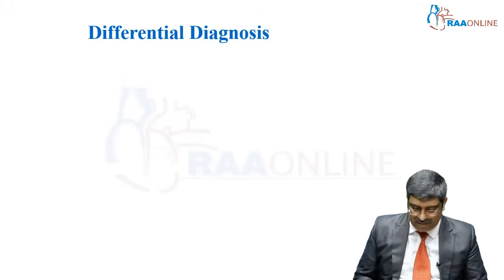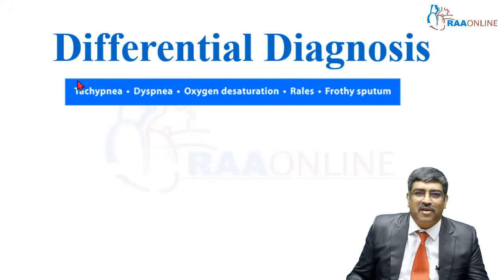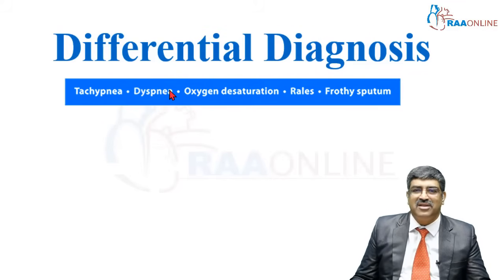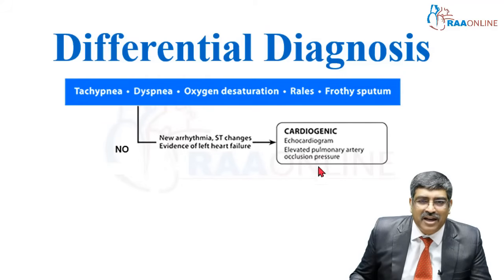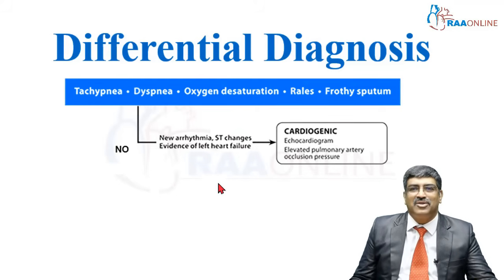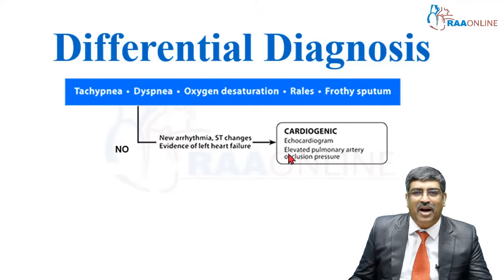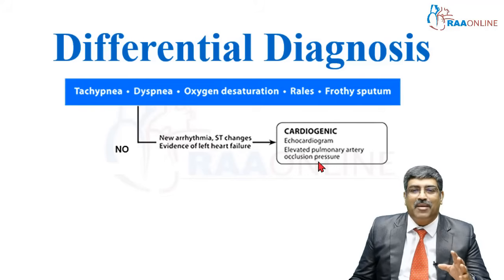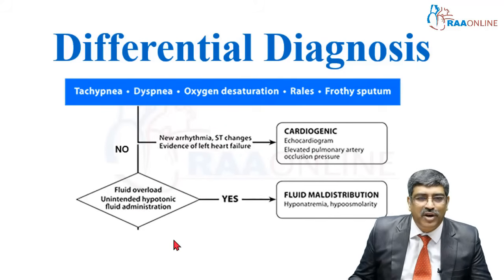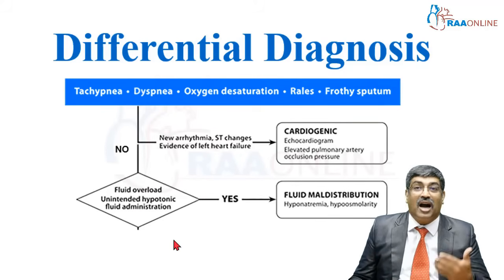Differential diagnosis of negative pressure pulmonary edema. All cases of pulmonary edema are going to have dyspnea, tachypnea, oxygen desaturation, rales and frothy sputum. Look for arrhythmias, ST changes or evidence of left heart failure. Then it is going to be cardiogenic pulmonary edema which can be diagnosed by echocardiogram and an elevated pulmonary capillary wedge pressure. If no signs of arrhythmia or ST changes are there, then look for fluid overload or unintended hypotonic